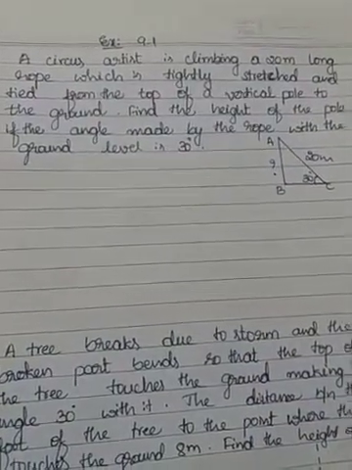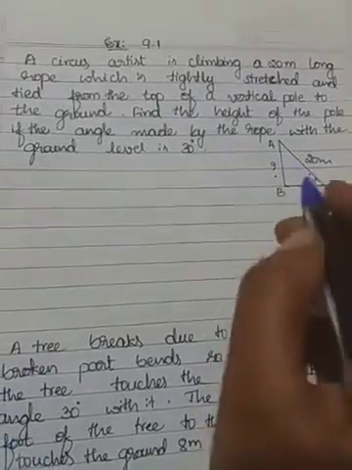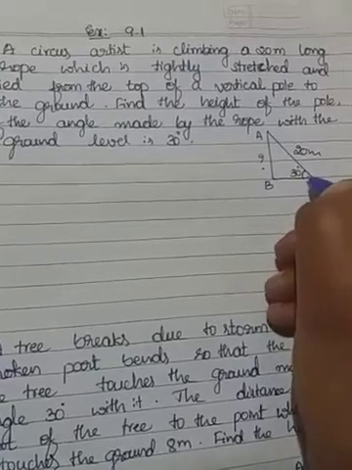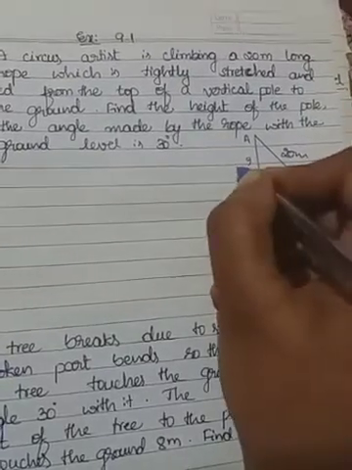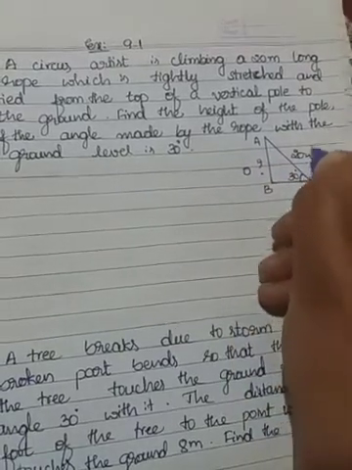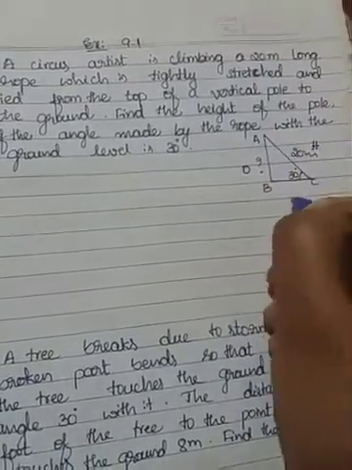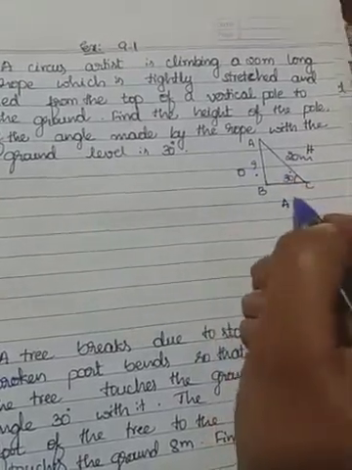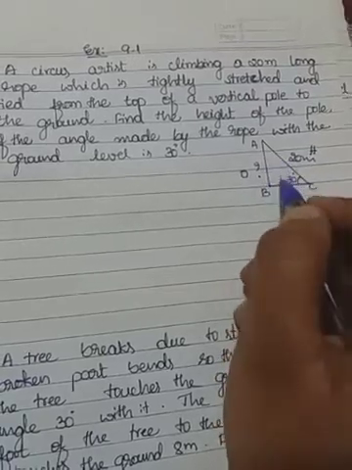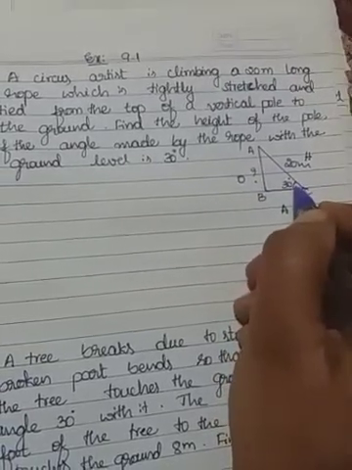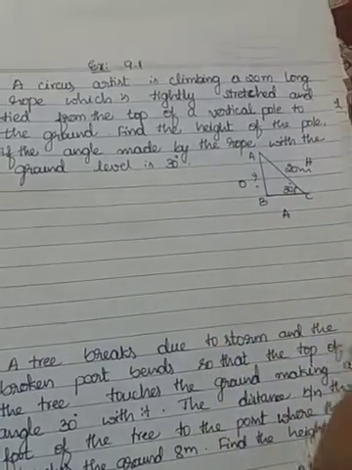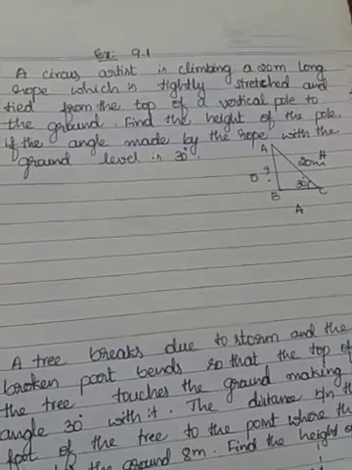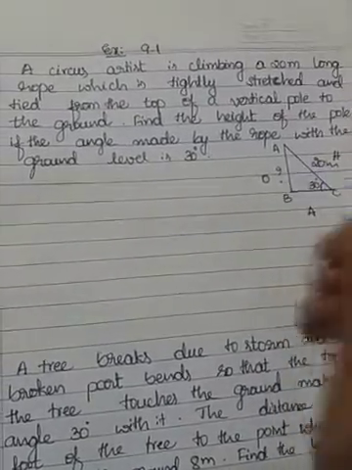Okay, so if we take AB, this is the angle theta, so that is the opposite, and as usual this is the hypotenuse and this is the adjacent. We require only the opposite side here because they didn't ask for the adjacent. Since the angle of elevation is given, if we take sine theta, we will get the ratio, sine theta equals opposite divided by hypotenuse. So then we will get the opposite side.